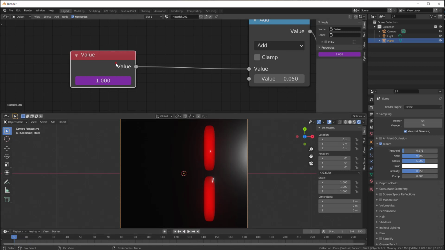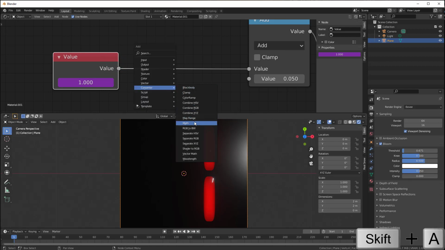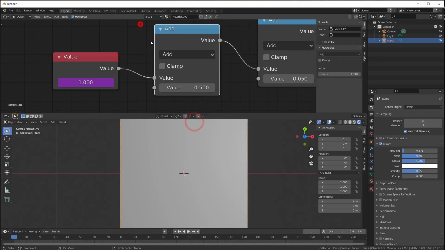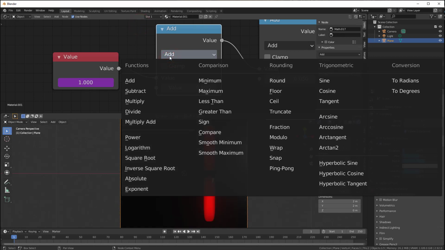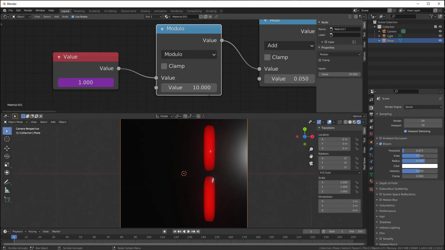and we would like that to be repeated all the time, so we can put in some math in between here. So press Shift A, Converter, put in a Math node, and I think we can use a modulo here. So let me see if I can find it, it should be here somewhere. Could be it's too big for me to see, but let's see. There we have it. So Modulo, and I put this to 10 here,